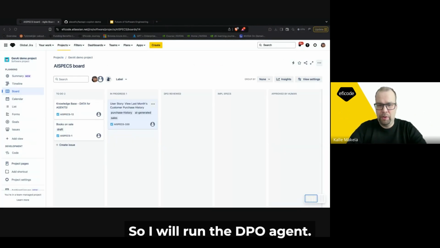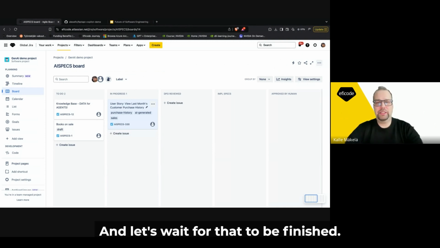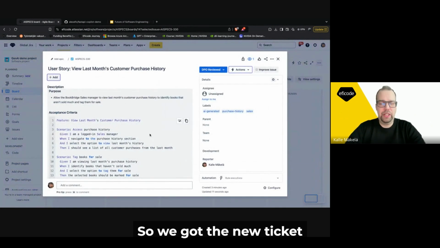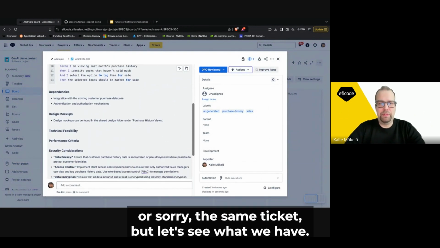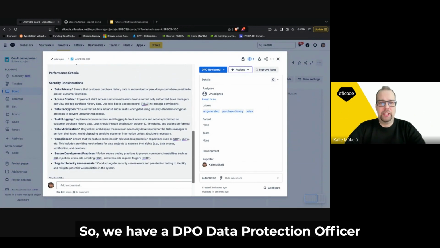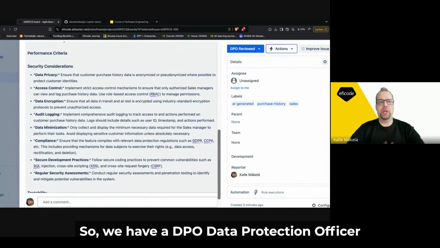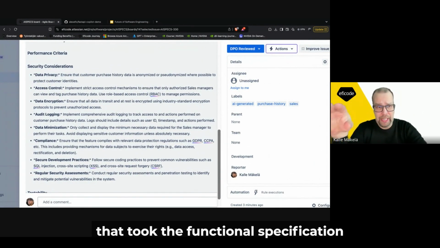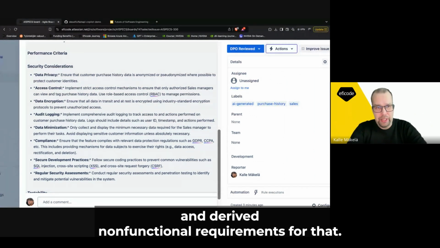So I will run the DPO agent and let's wait for that to be finished. Now, yeah. So we got a new ticket. The same ticket, but let's see what we have. All right. So we have a DPO, data protection officer, that took the functional specification and derived non-functional requirements for